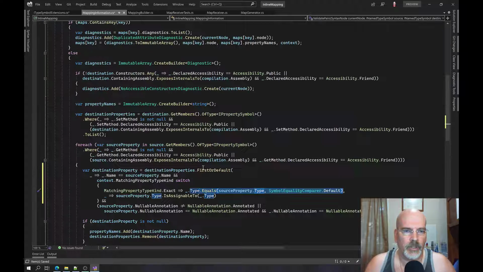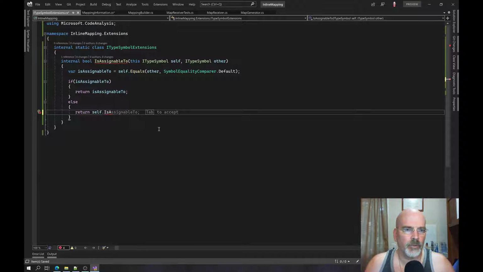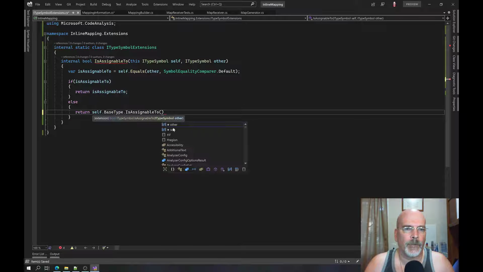And that's what we're doing here. We're saying, is the source property assignable to the destination property? So what we want to say here now is self base type is assignable to other,